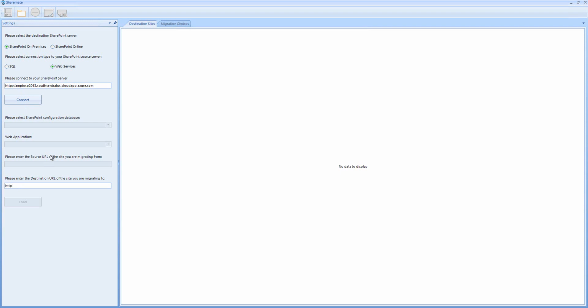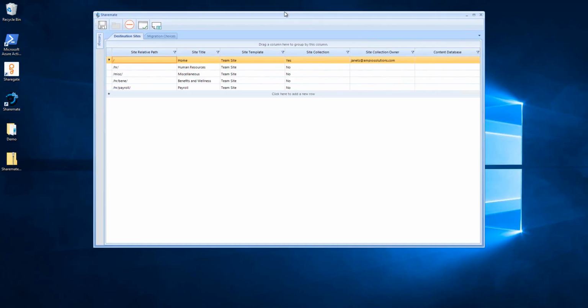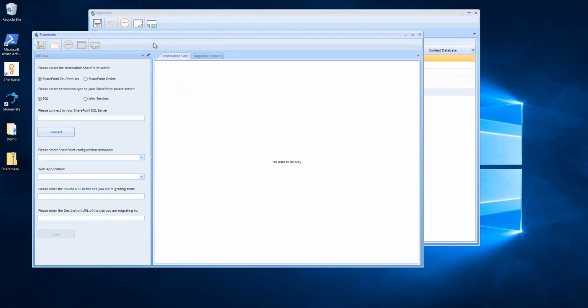And now I want to enter my destination URL, and I'll be going to a SharePoint 2016 server. So the one big difference when using API calls is that you only get one site collection at a time. So as you can see here, I'm only seeing the root site collection and all the subsites under that site collection. So if we go ahead and try another site collection,